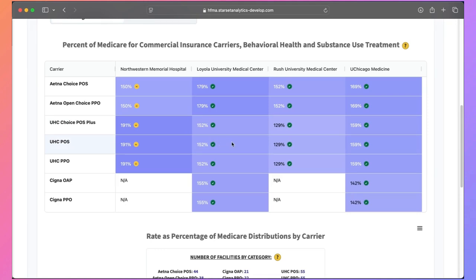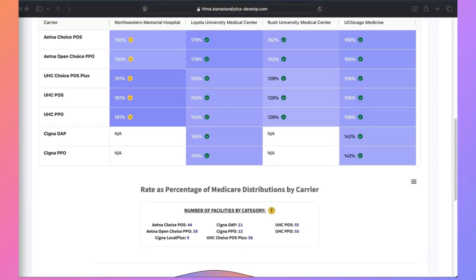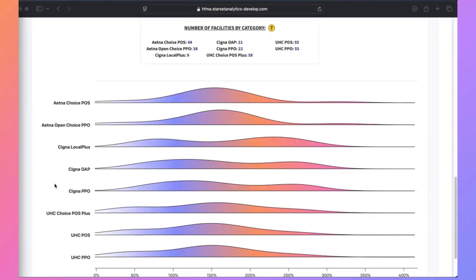Exclamation point does not mean we think the rate is wrong. Rather, it means that the rate is an outlier in our commercial claims for that market, with too few occurrences to independently validate it. If you want to understand the broader market context, take a look at this distribution plot